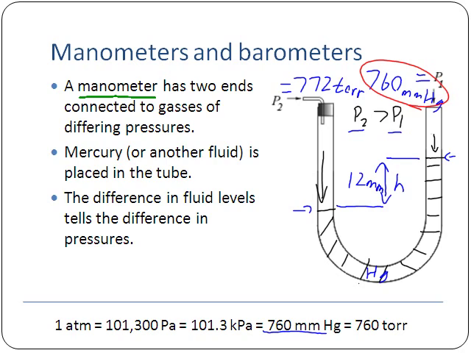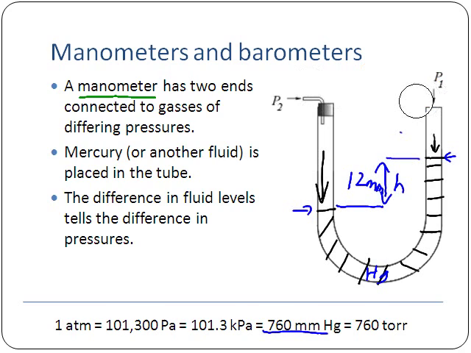I want to know what the pressure is that's in my room right now. In order to do that, I'd have to have something to compare it with. And if you're going to compare something, usually the best way to compare something is to find basically where it's zero and then compare it to that. For example, what if I were to take this guy right here and I'm going to set up my manometer, and instead of setting it up sort of the way I have right here, I'm going to go ahead and make it so that P1